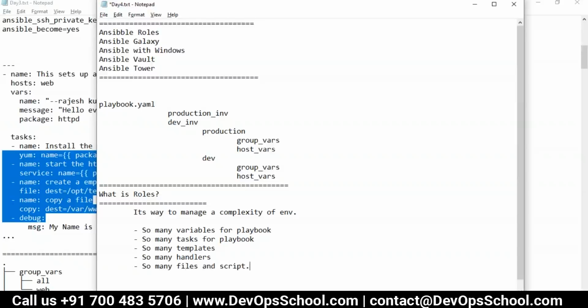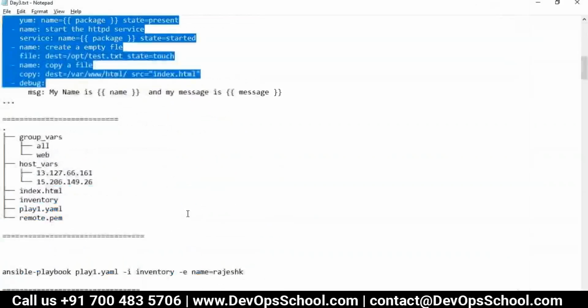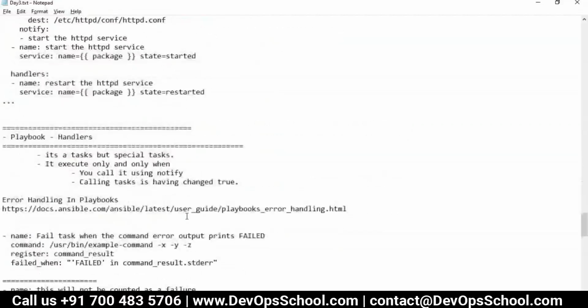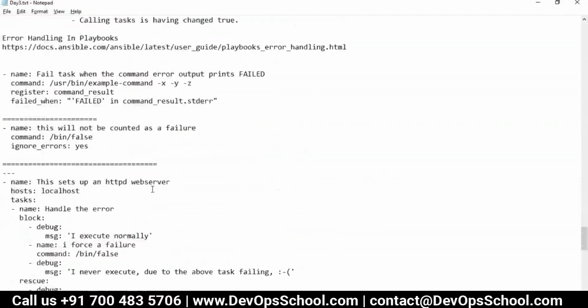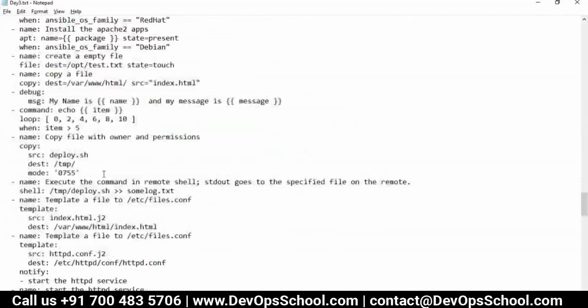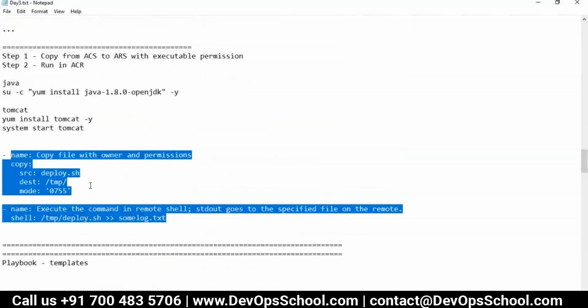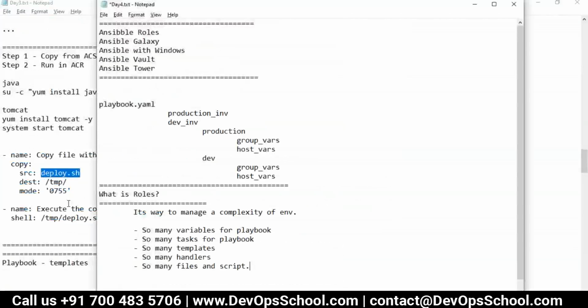You might use it, because we have hardly used it, one or two, right? So I think we used only one, remember, with the shell or something like that, copy and shell. We did it somewhere. So see here, it just used one script. I just used one template. I just used one handler. I used just 3-4 tasks, but you have to imagine,